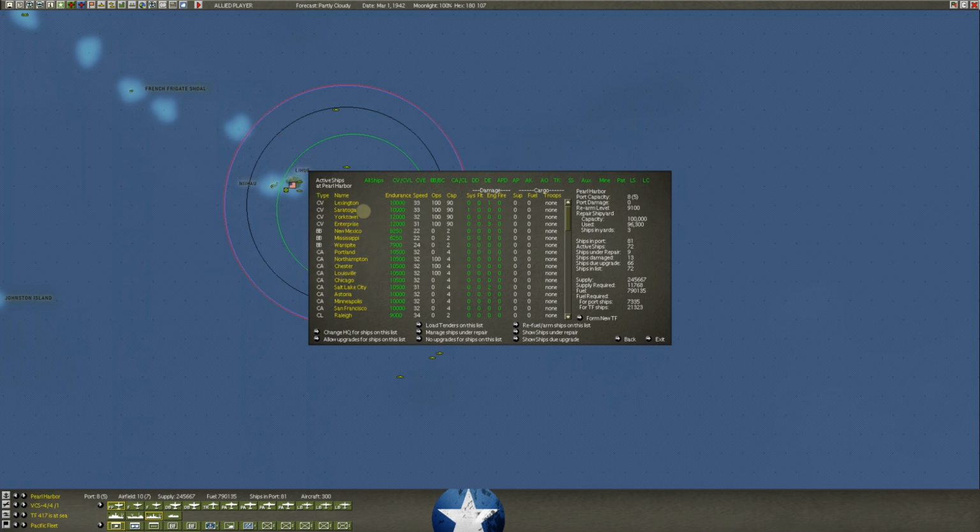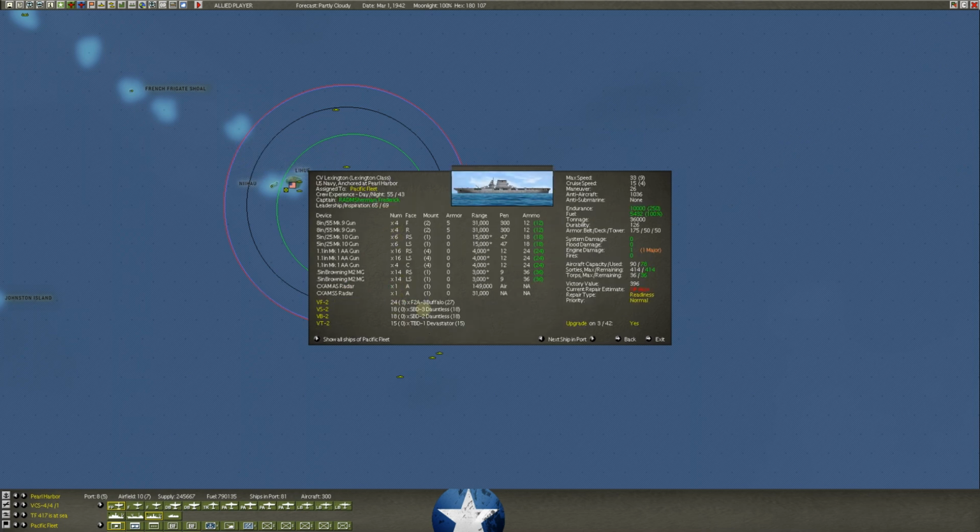And now let's look at ship type, and it'll always put your CVs right up top. Okay, so we've got our 4 carriers here. The Hornet's going to show up in 10 days, but it's going to be on the East Coast, so we've got a little time. And if we come look at the Lexington upgrade 342, yes, you want to make sure that's the case. It's March 1st, so